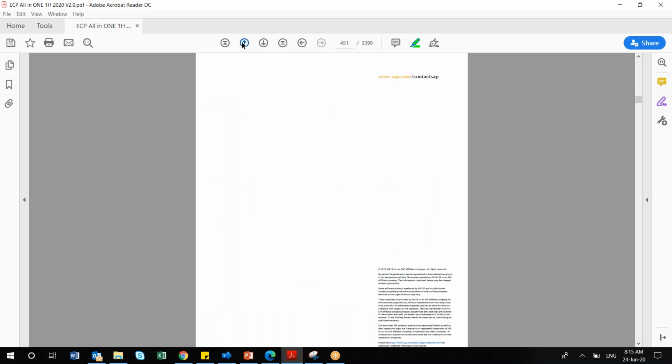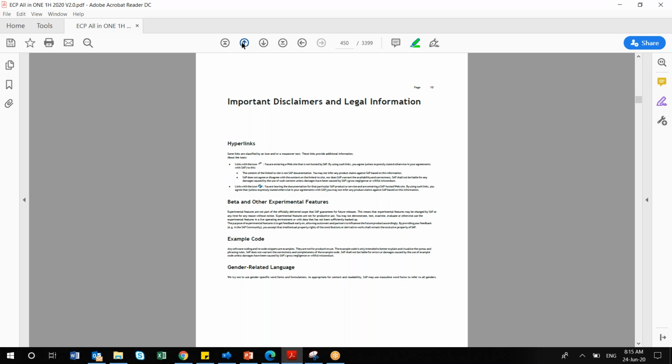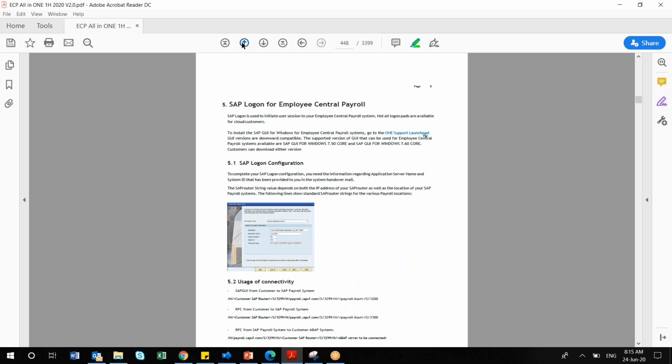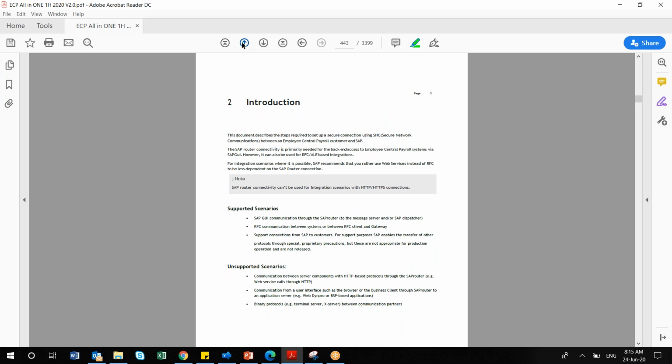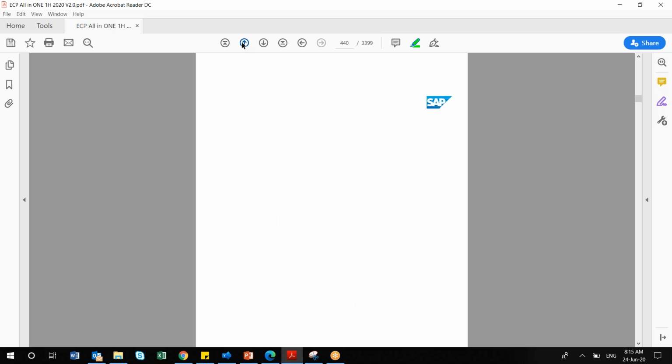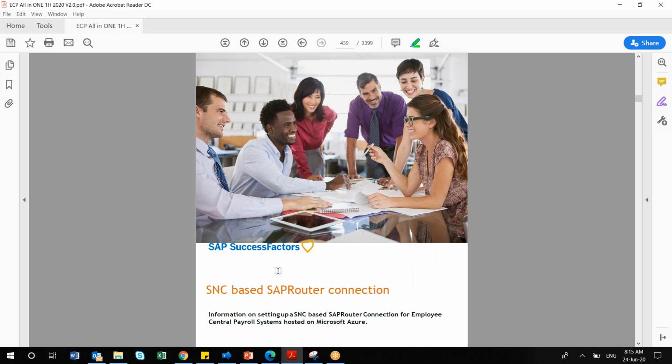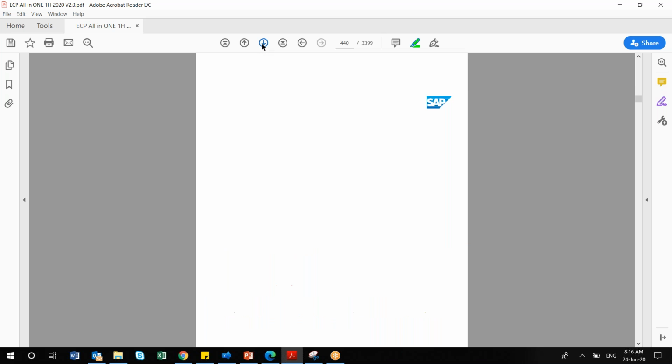So you're referring to the page numbers on the slides, right? If you see, there are certain things which are actually not for us, like some basic activity. For that reason, I told you in today's session that this step you just have to ensure, if it is SNC based SAP router connections. And there are certain VPN related topics. Those topics are good to go through, but as a functional consultant, ideally we do not read through that documentation, because these are purely technical, and your SAP basis team will be taking care of those connectivity, how the hosting will be happening, the point to point connections, the pinging of all those network